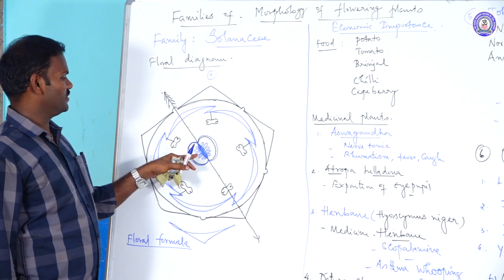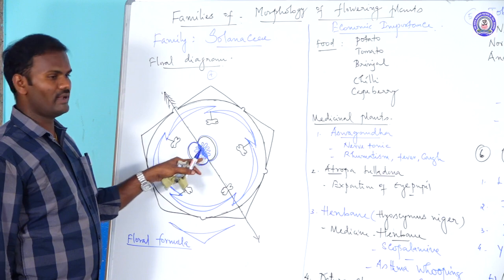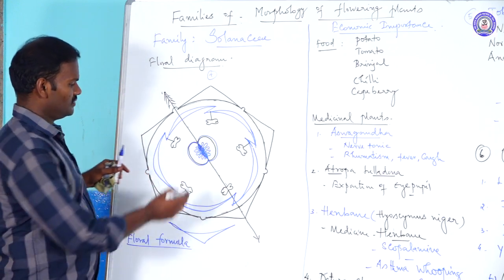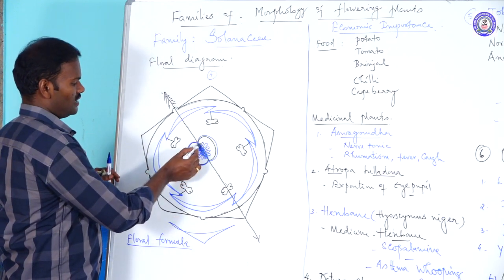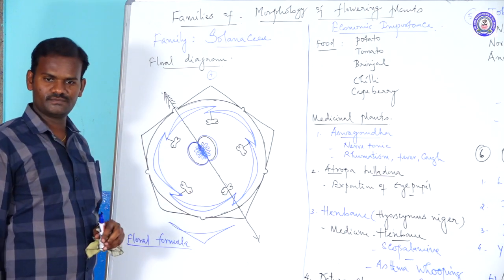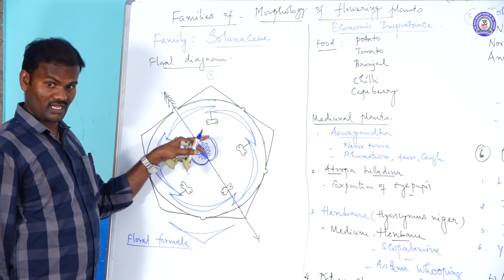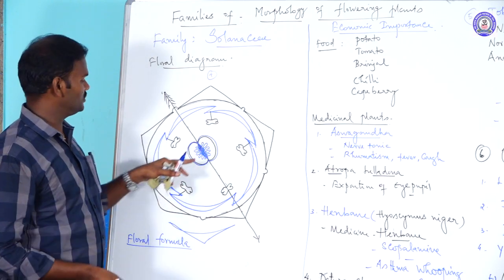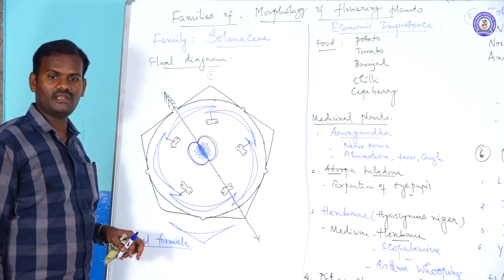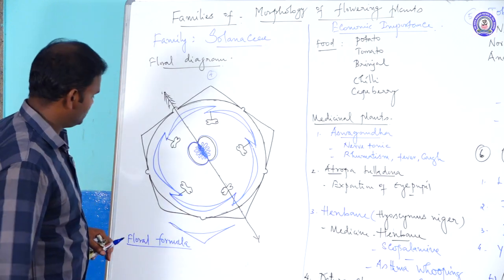In the center, gynoecium. It is a bicarpellary, syncarpous ovary. In the center is a swollen placenta, which bears many ovules. The bicarpellary ovary in some species becomes tetralocular, with 4 chambers due to the formation of a false septum. For example, Datura, I already pointed out.